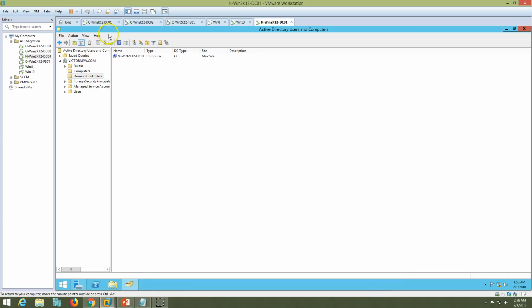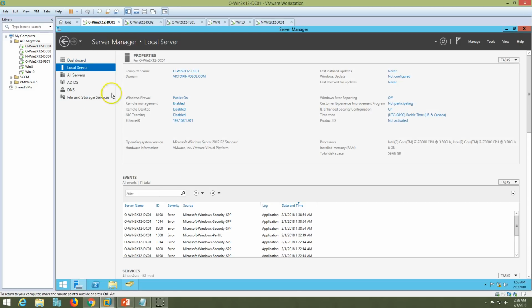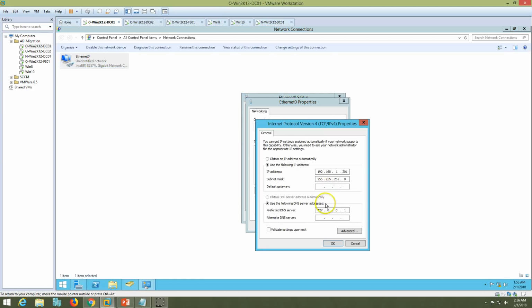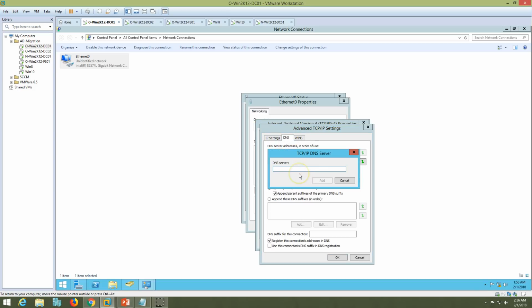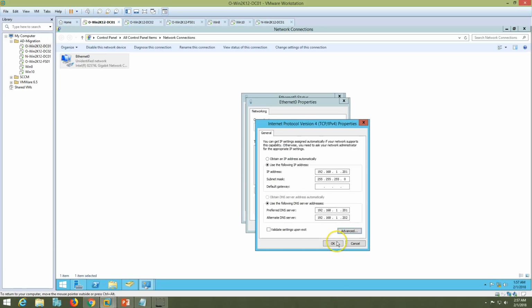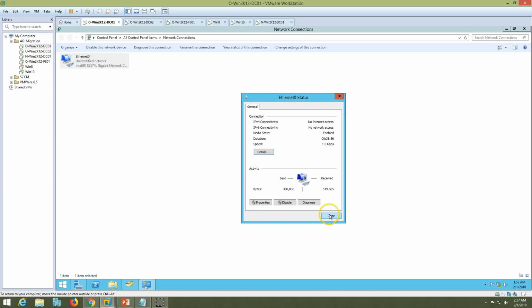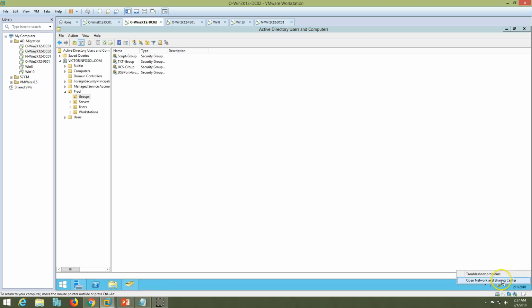Means before proceeding anything, we must configure a DNS on all domain controllers to get them recognized by other domains. So I'm going to put here 192.168.100.201, this machine itself as a DNS server, and this is its primary secondary domain controller. And the last one is I'm putting the DNS name for this machine, which is the new domain controller in a new forest. So basically we have a DNS setting for all three DNS, which we have for the new domain as well as the old domain. So done for primary DC, and I am going to do it on old